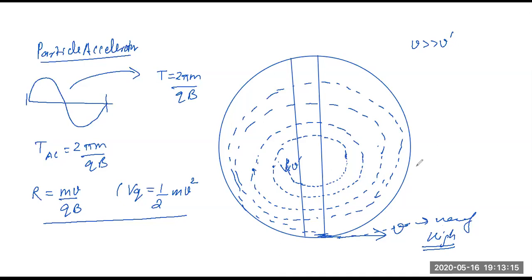Now, the construction you can study. These are what you call Ds. There will be some system of connection and all, but this is the basic principle which it has. Got it or not?